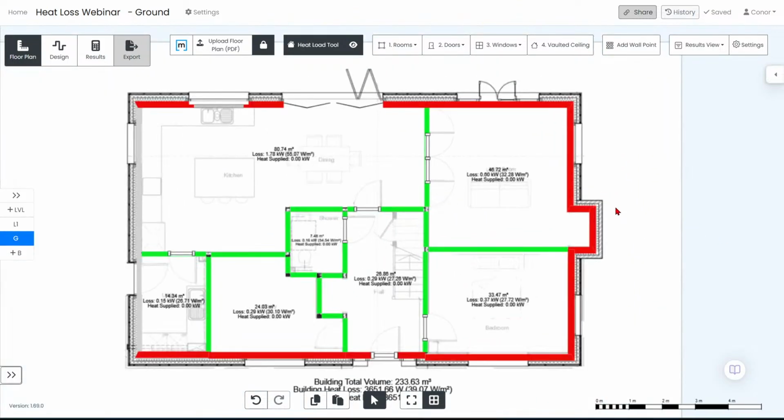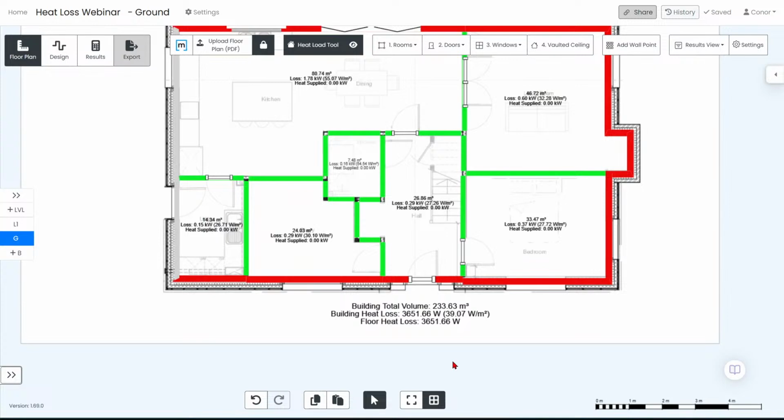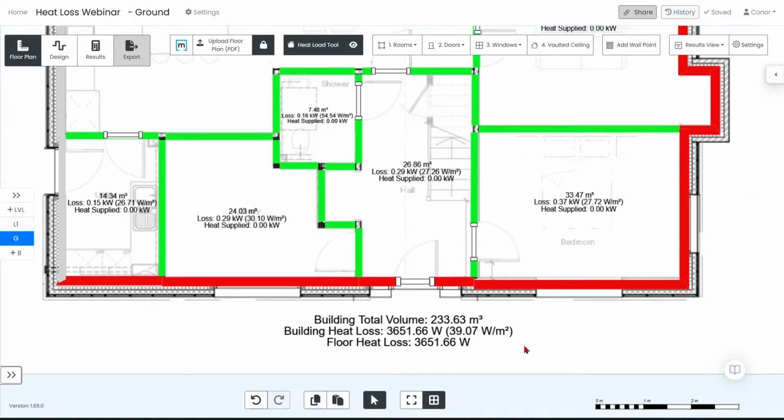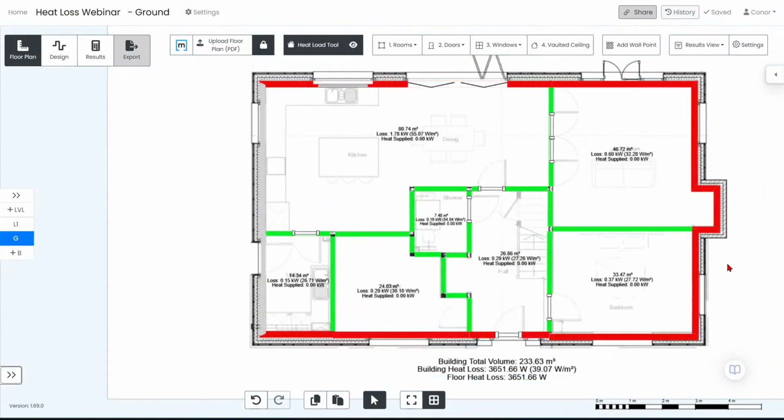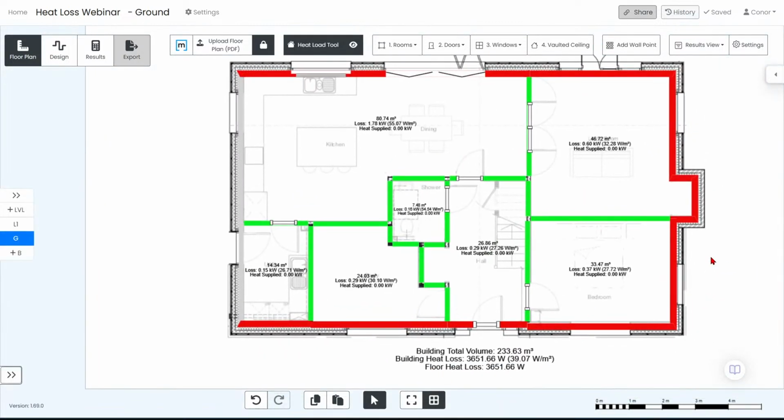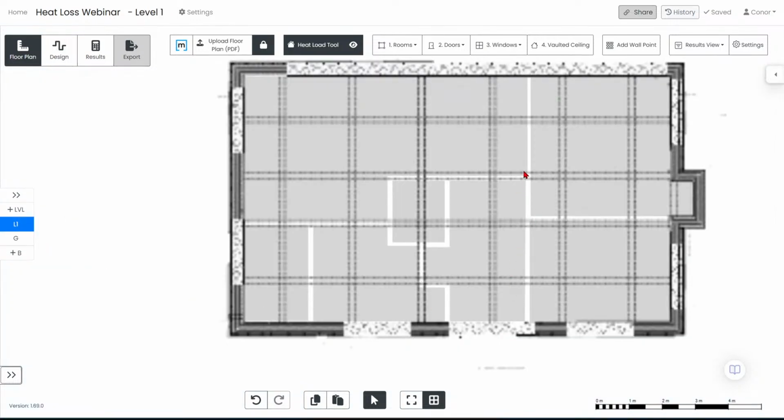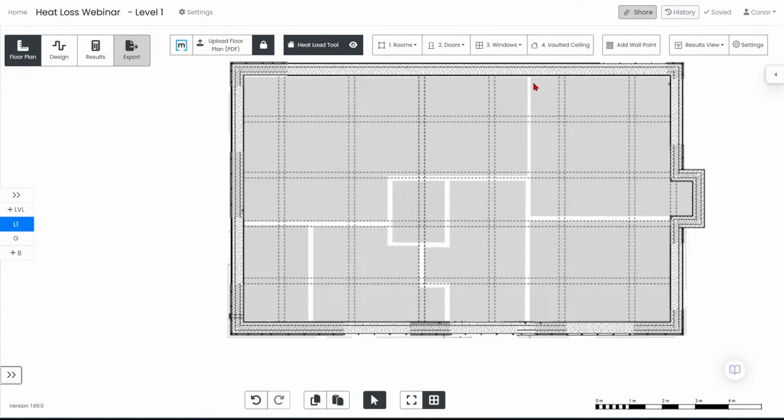As you can see, I've got a nice heat loss starting to build up. Every time I add a new window or door, you should see the values increase. Basically everything we want to see on a project. If I move up to level 1 now, you can see the rooms below,